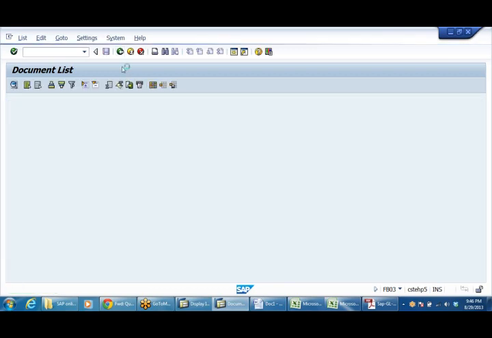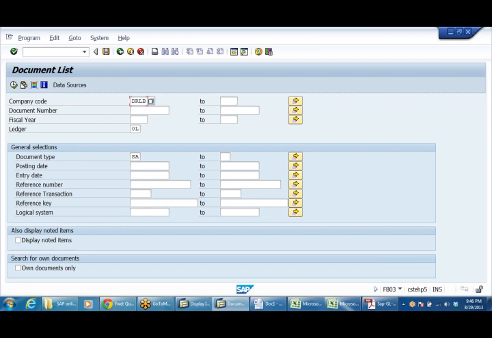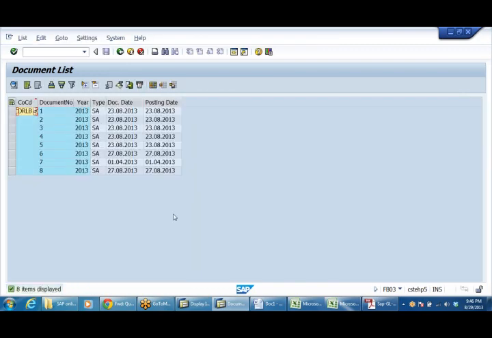Even if you don't enter SCA, just execute. The system will ask to specify another selection criteria. You can simply say I don't have any selection criteria, press enter. It will take whatever document types are available. The system will show you the documents here.